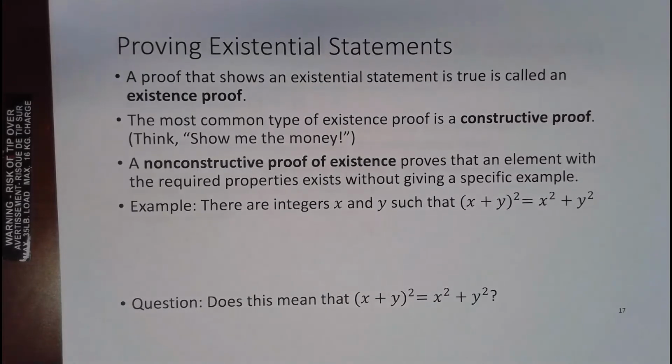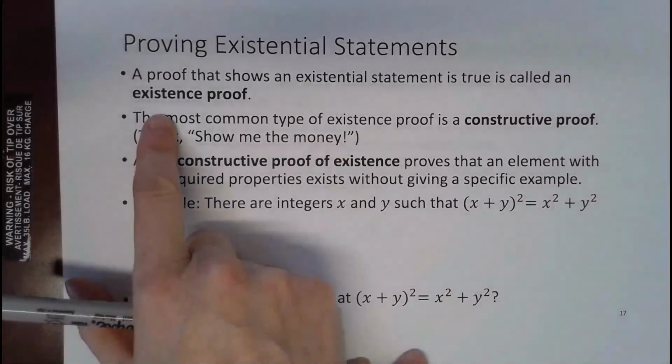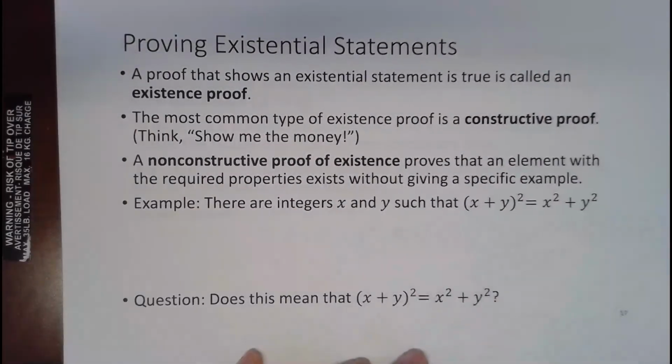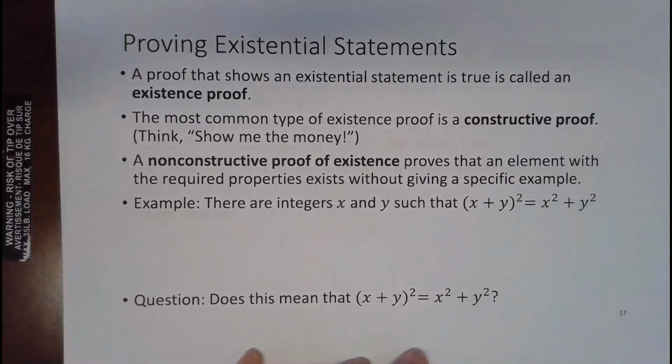Okay, so we've just been talking about universal statements. Then we've got existential statements. A proof that shows an existential statement is true is called an existence proof. The most common kind is a constructive proof. Okay, so if we have a statement like, there exists an x such that this is true, like the first thing you